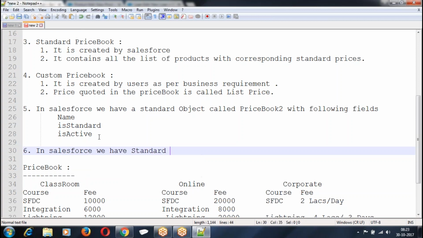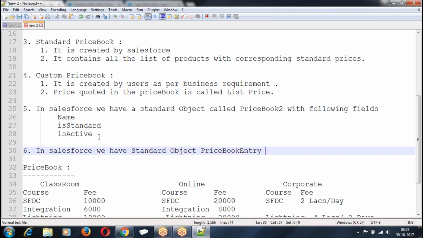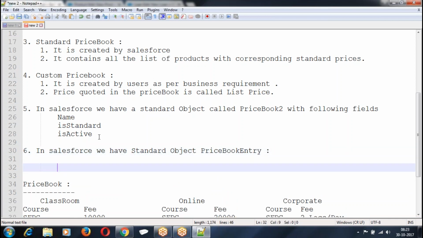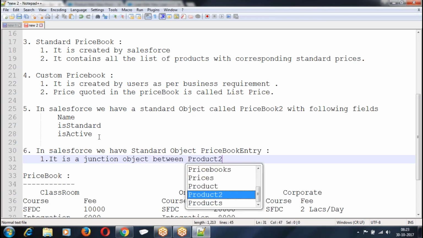So, standard object, price book entry. It is a junction object between the two objects, product and price book.